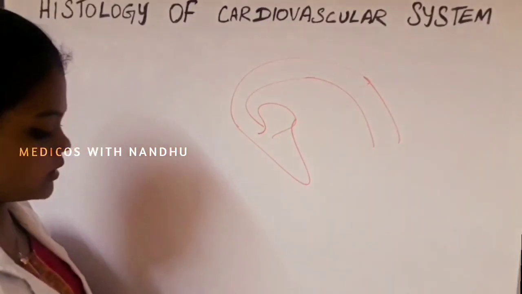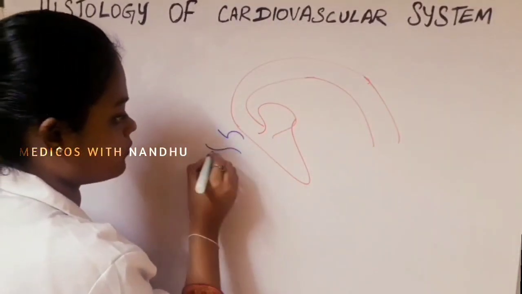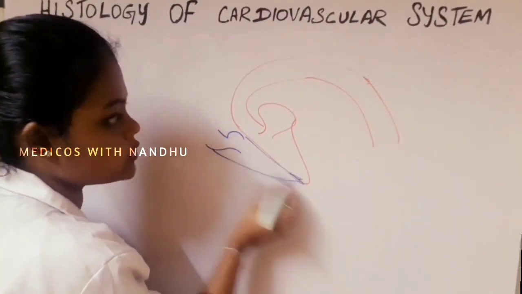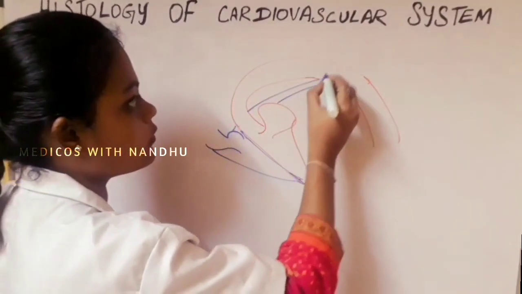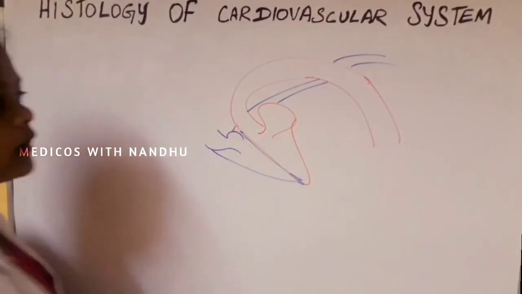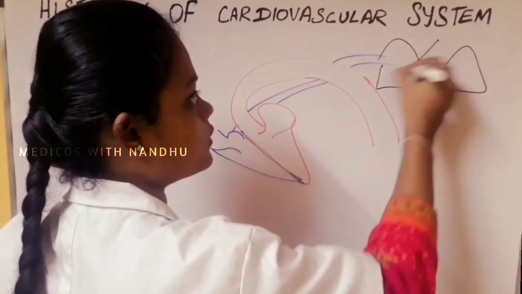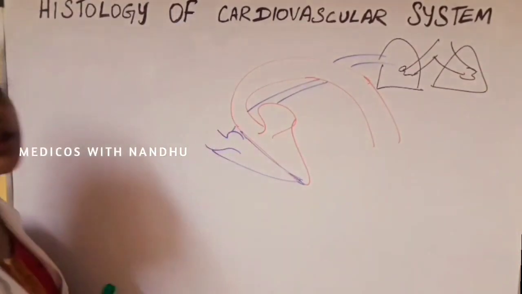Okay, next, right atrium, right ventricle, and here we have the lungs, two beautiful lungs which are present in our body,